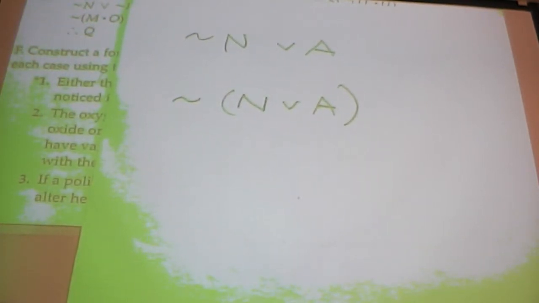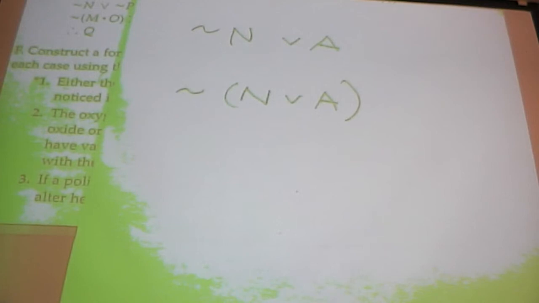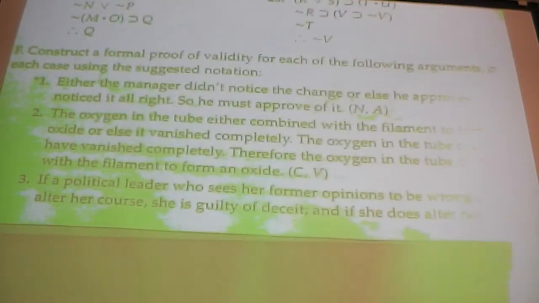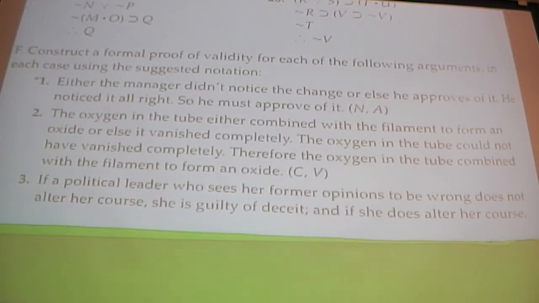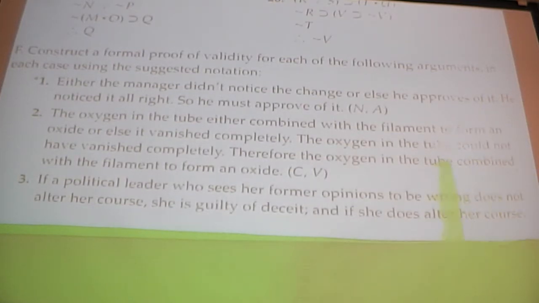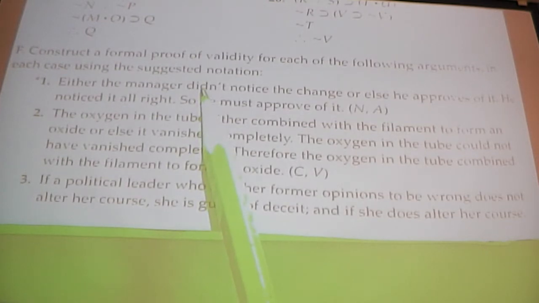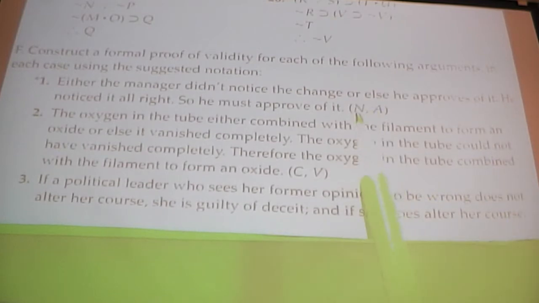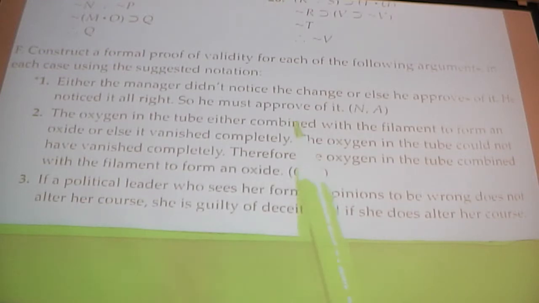What do you think? Those don't mean the same thing. Do you think we need parentheses here? No. The first word in that English sentence is either. So that's not introducing a negation, as in my second translation. That's a negation right there. That first one is correct. We've got just curl N wedge A. Then the second sentence, here's what we saw is the affirmative of this negation. So our second premise is simply going to be N. And the conclusion is simply going to be